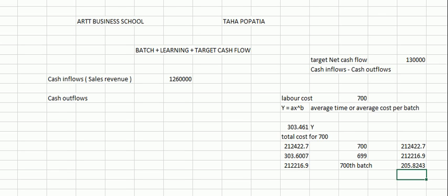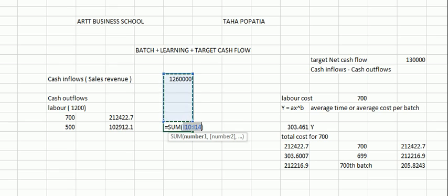This is the cost for one single batch, which is the 700th batch. Now we can compute our total labor cost. Since we are producing altogether 1200 batches, the labor cost will be the cost for the first 700 batches, which should be equal to this amount, plus the cost of the next 500 batches, which will be the cost for the 700th batch multiplied by 500. So our total labor cost should be the sum of both of these, and it should be